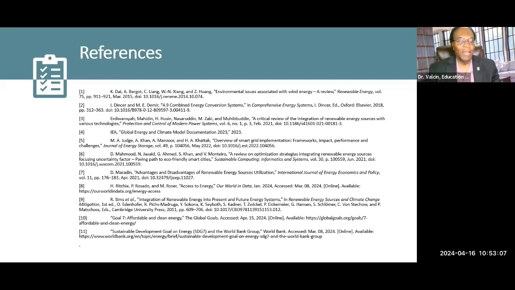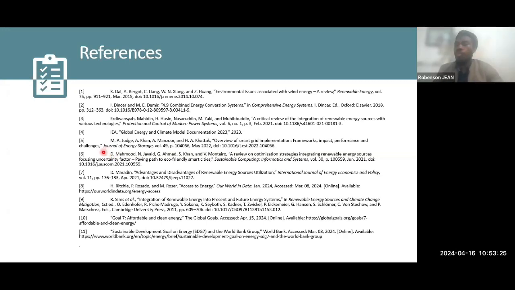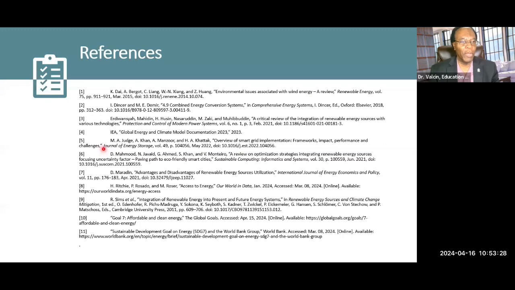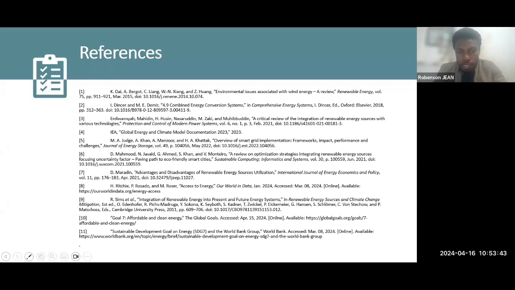What I would like to add real quick is that the entire presentation, the PDF document, ladies and gentlemen, will be available within your student portal if those portals are currently active. And obviously, whatever we get at this point from Robenson Jean will be available to you. So let's now take advantage of the few minutes we have left to ask questions and give Robenson an opportunity to address those questions. I see a question